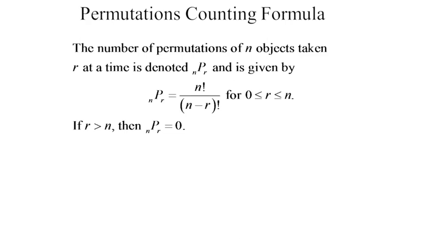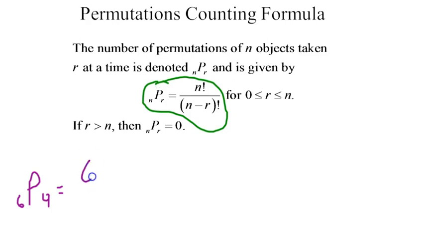Now we're going to talk about the permutation counting formula. This is the one that's probably used most often. So if we have n total objects and we're choosing or taking r objects out of there, we have this formula we can use. nPr is equal to n factorial divided by n minus r factorial. For a basic example, suppose we had 6 total objects and we're taking 4 objects out of there. Using this formula,